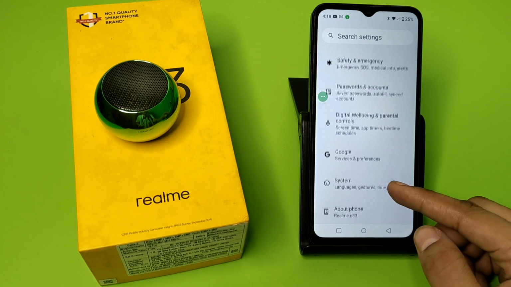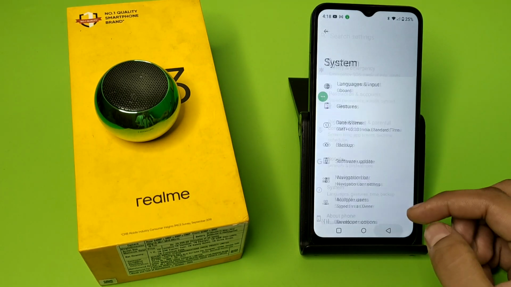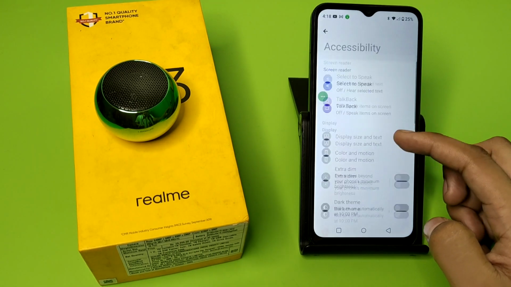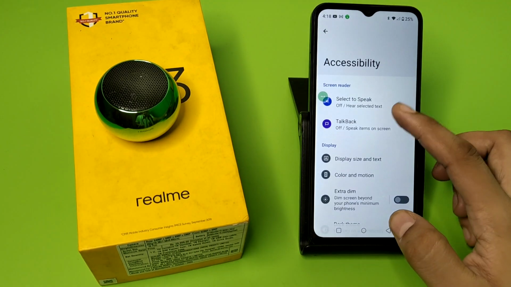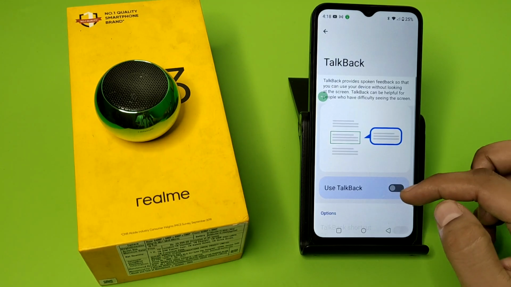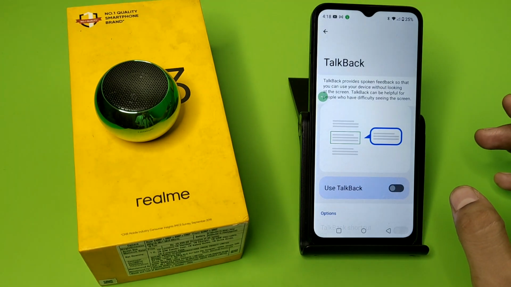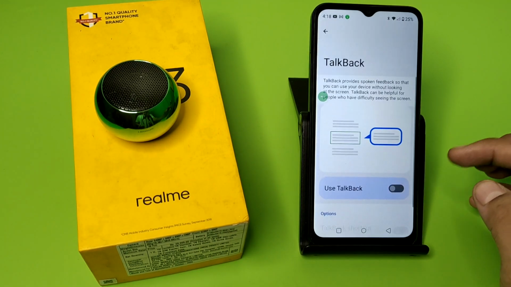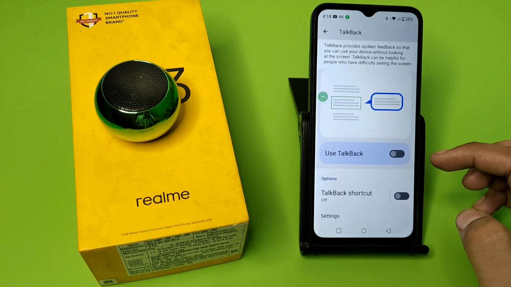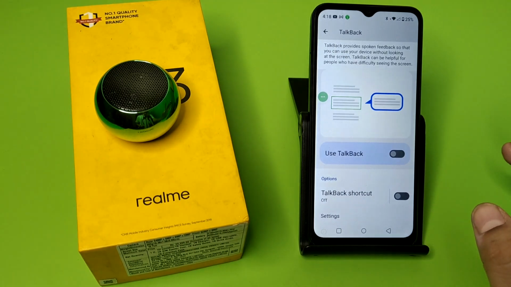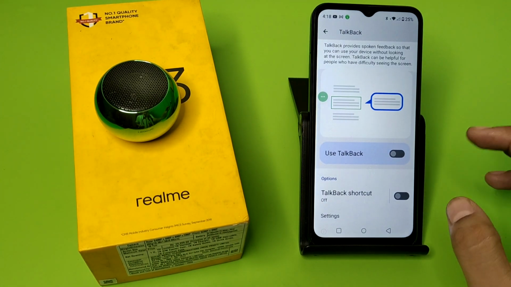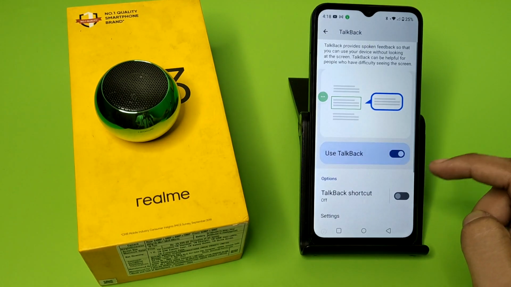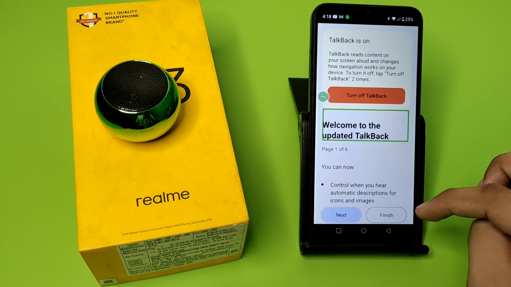First you have to open your settings, click on system, or you can also click on accessibility. And friends, here it is the TalkBack feature. First you have to turn it on. TalkBack feature is for those who are blind or cannot see, and it will talk back, means it will speak back when you just tap on anything. Click on this, allow this first, and you can see the TalkBack is on,